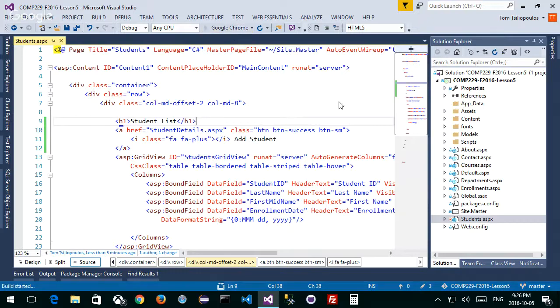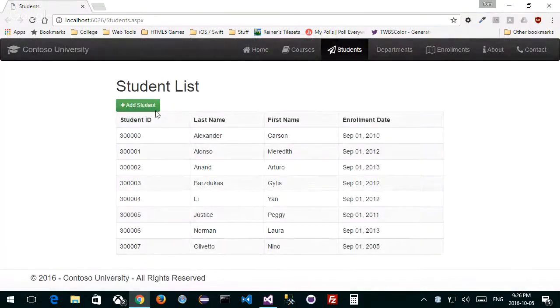So save. I press play, and now what do I have? I should have a little button in my students link that says add student. Let's take a look and see if I get that, or if somehow I messed up. Yay! Doesn't do anything yet, right? Remember, we talked about read. Now we're going to do the create. When I create a new student, right?